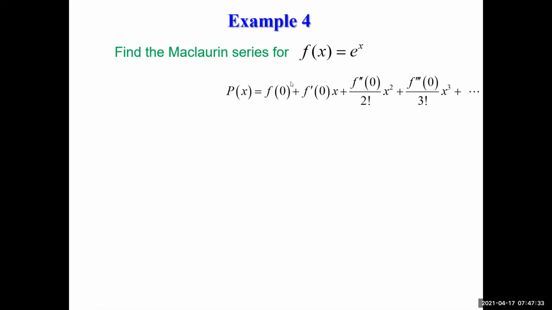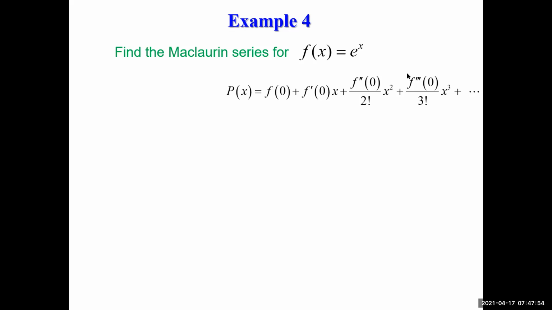You have x to the 0, x to the first, x to the second, x to the third, and so on. The denominator is always a factorial with the same number as the exponent, right? 1 factorial is 1. The only thing missing is f of 0, f prime, f double prime, f triple prime,